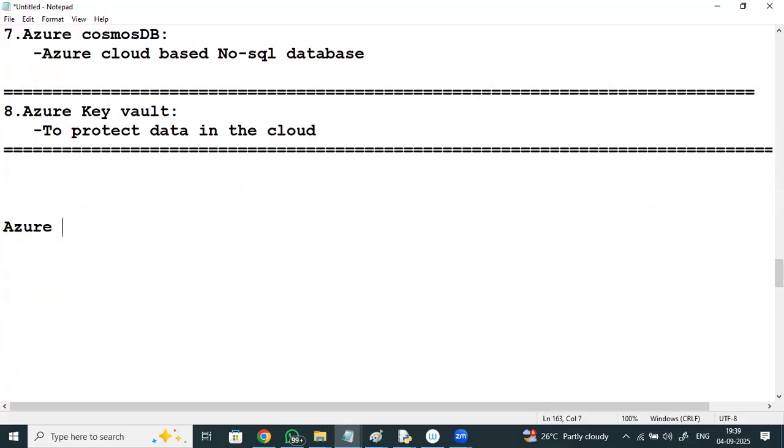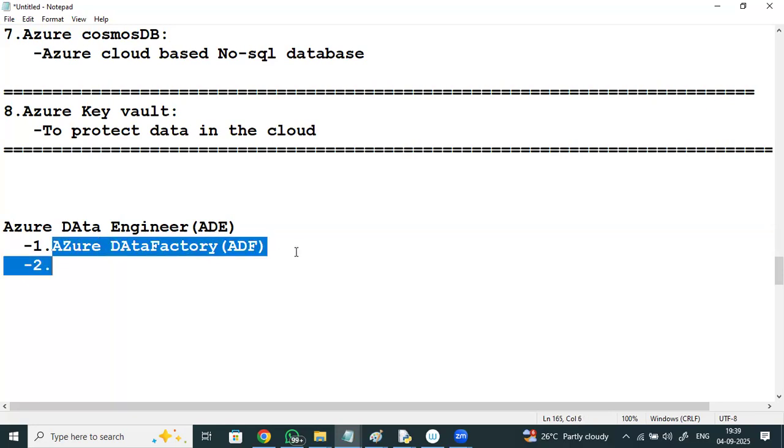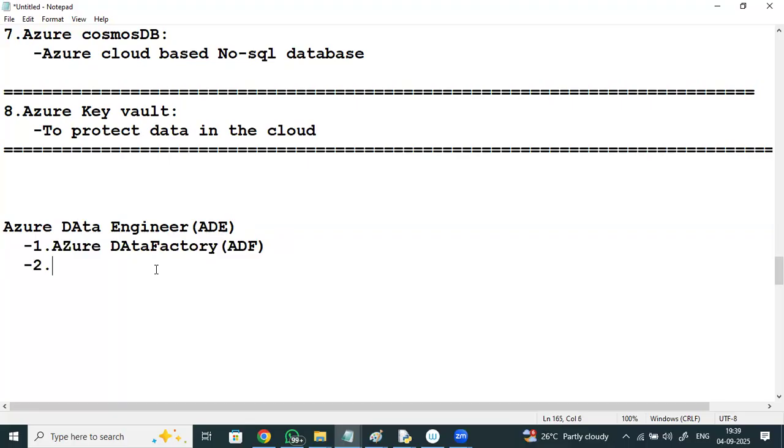So here, Azure Data Engineering. In this course, first, Azure Data Factory. Azure Data Factory will be discussed here. Zero coding ETL it is. No coding is involved. Everything is drag and drop. No prerequisites for it. Anyone can learn it. If you want to step into a company, you can even go as an Azure Data Factory developer. Next,